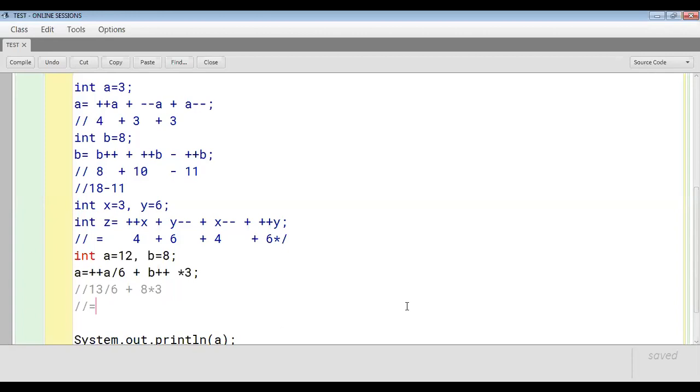No, beta. Why? Because what's the value of A? A is integer. And what is 6? 6 is also integer. So remember, whenever integer is divided by integer, the computer will take only the integer part of it. So 13 divided by 6, the computer will take only the integer part of it, and the integer part of 2.16 is only 2. So this is 2 plus 8 3s are 24. So 24 plus 2 will come out to be 26. So our answer is coming out to be 26.